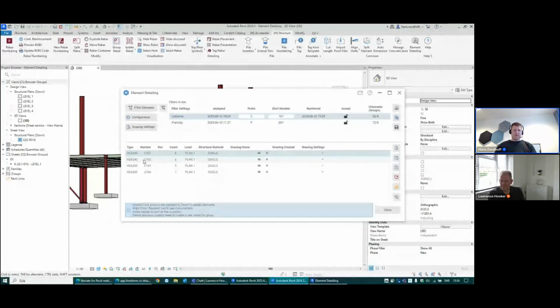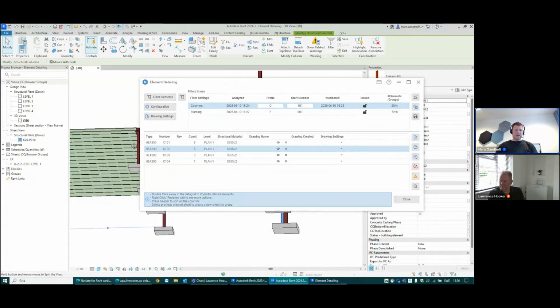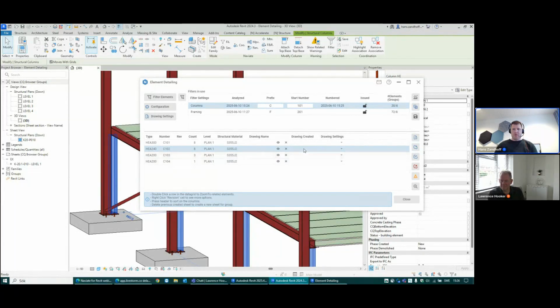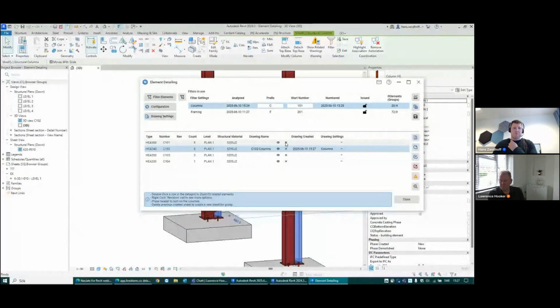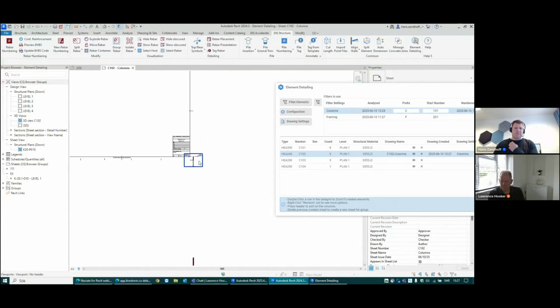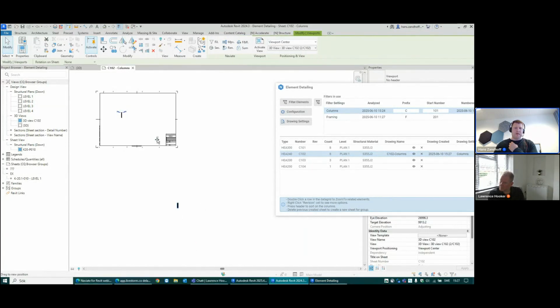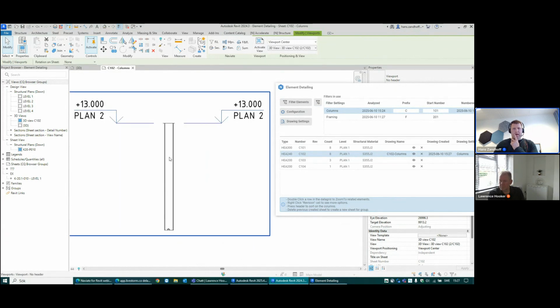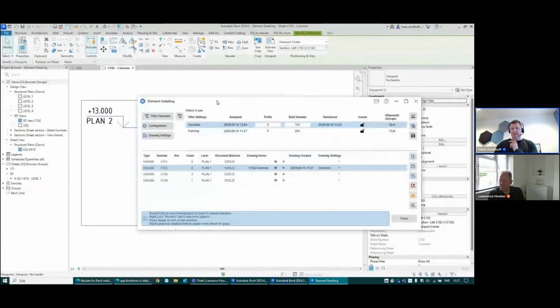And now if I want to create a drawing for example, all of my steel columns, I can go in here and I can select my drawing settings. So I'm going to use the column settings, and then I can create drawings of that element with create drawings. And it will create, and here I can go to that drawing also. And here I will have all of my created views. And it will always use the settings in the